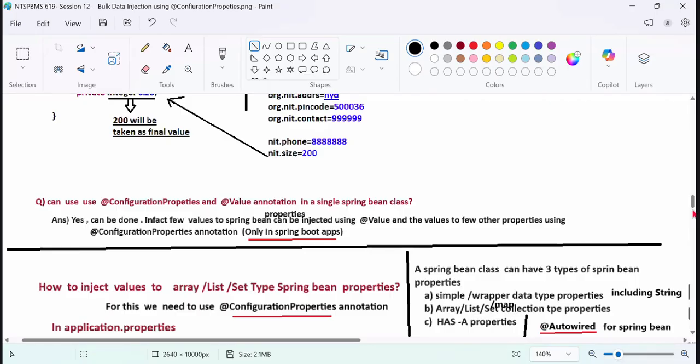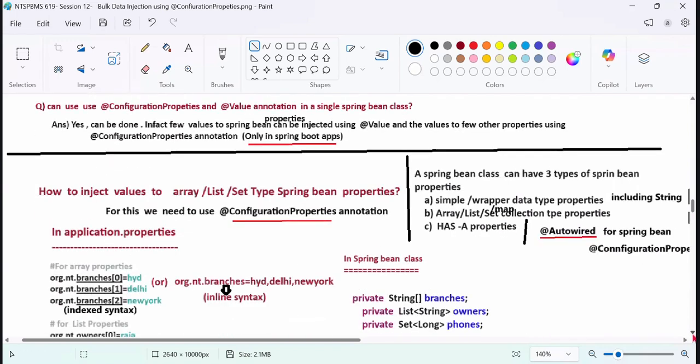Super. How to inject values to array, list, set type Spring Bean properties? For this, we need to use the @ConfigurationProperties annotation, because we cannot do this using @Value injection, guys. Compulsorily we have to use this one. And for us, array is separate, list separate, set separate, map property separate, has-a property separate. But when it comes to the property file, everything can be